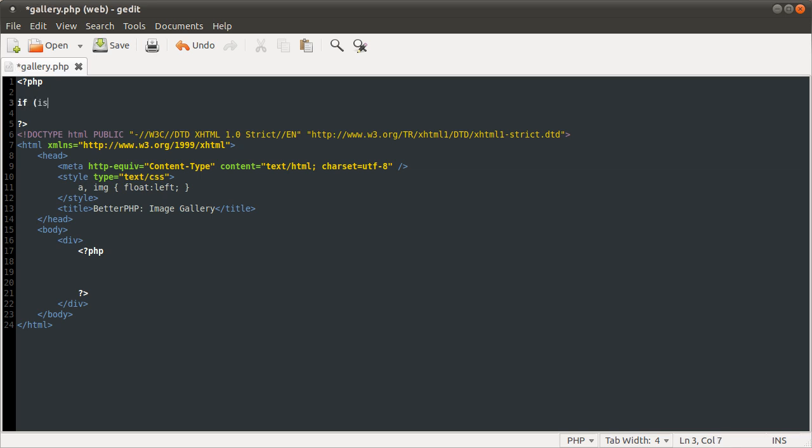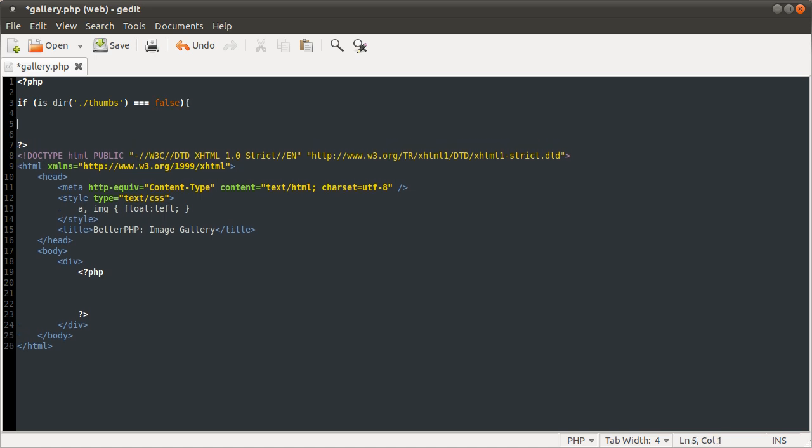We're going to do if isDir thumbs equals false. If it does equal false, we're going to make the folder with mkdir, short for make directory. The first parameter is the folder we want to make, and the second one is not a string, it's a number that represents the permissions. It has to be 4 digits. The first one is 0, and I think that represents something like the sticky bit. You can look that up if you feel the need. But basically we're going to set it to